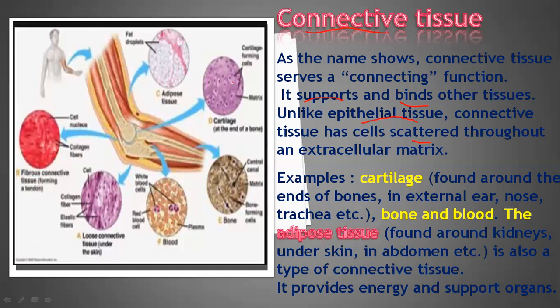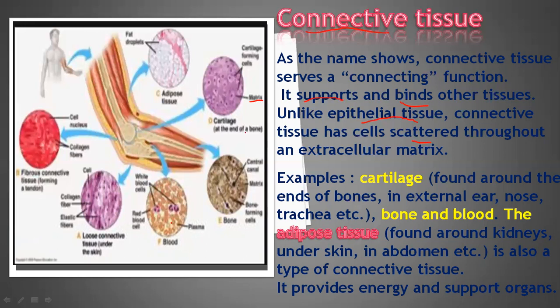There are places between the cells, among the cells. When we talk about extracellular, it means outside of the cell. So outside of the cell, there are some places in which fluid is present. That fluid is called matrix. So there is extracellular matrix, and all the cells of connective tissues are scattered around them. Like in the blood, you can see red blood cells, white blood cells, platelets, and other things present like proteins, hormones, chemicals, and lots of things. So blood itself is a connective tissue.